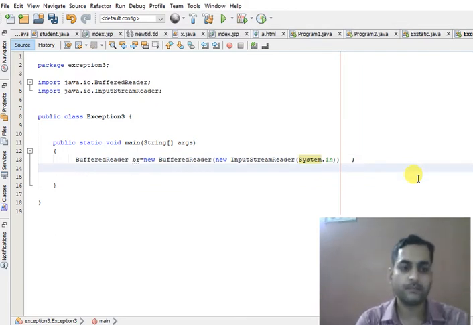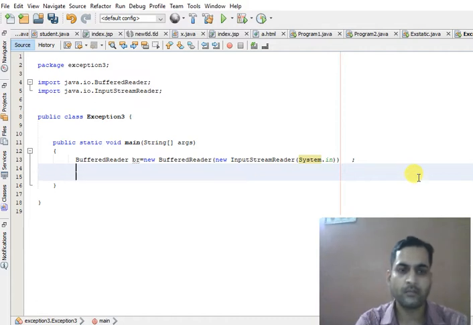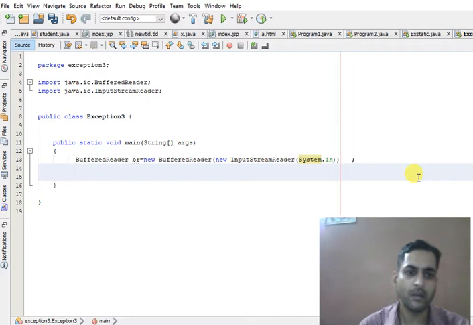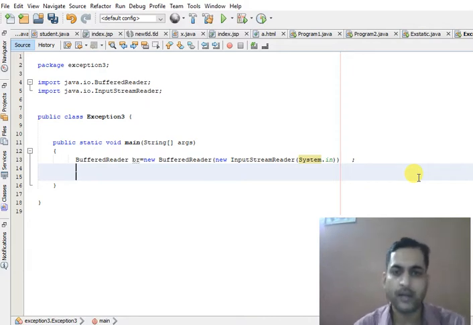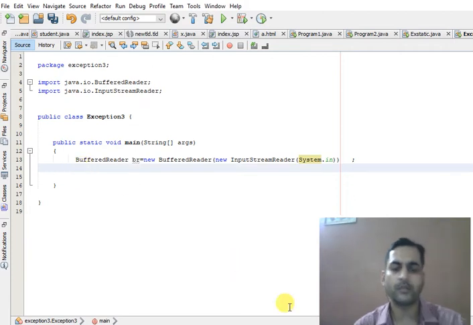See, I was talking about checked and unchecked exceptions. We have seen the example of an unchecked exception, that was ArithmeticException. In ArithmeticException, when we were trying to divide a number by 0, the compiler was not forcing us to handle that critical code.